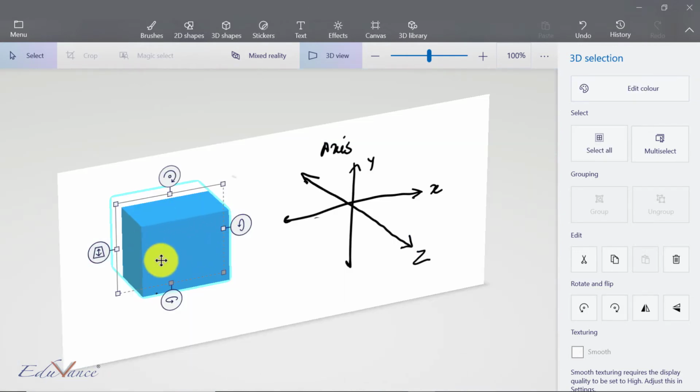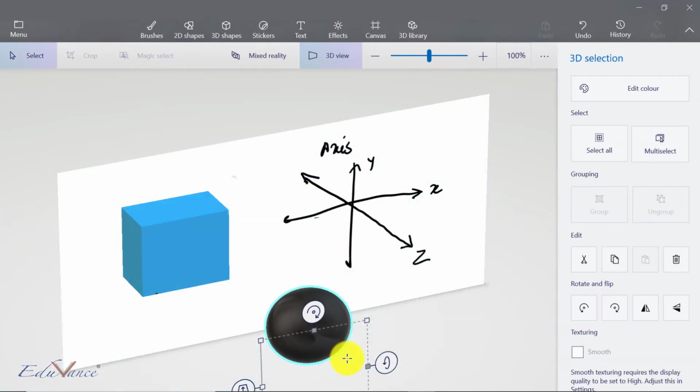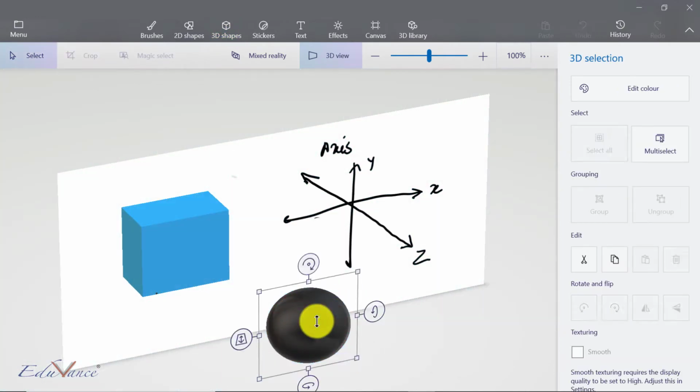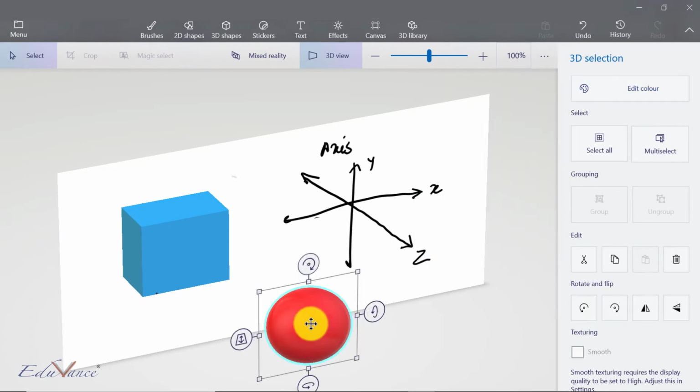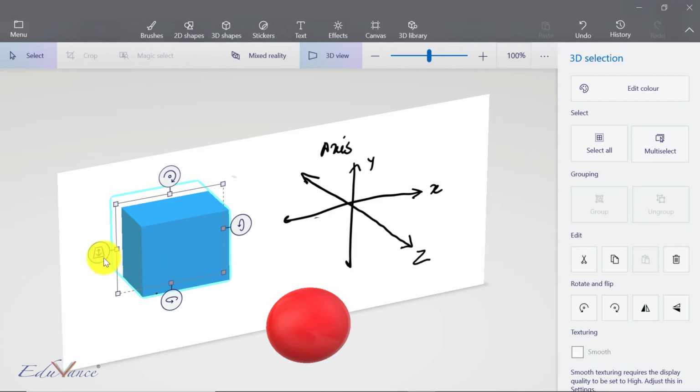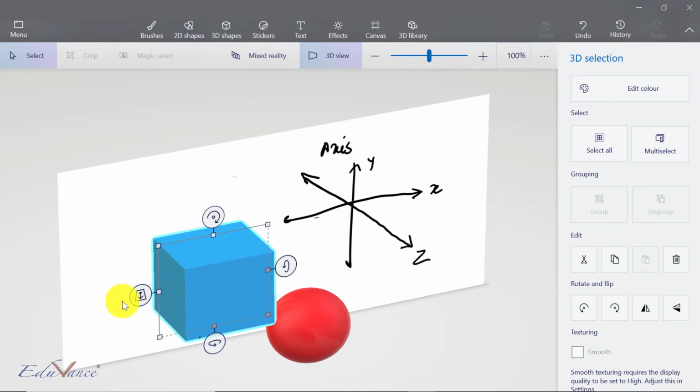Now, to explain this 3D space a little more effectively, let's take another 3D shape. Let's take a sphere. Now, I draw a sphere here. Now, I'm going to change this color. Let's make it red. Now, what if I want to place this sphere on top of my rectangle? So first I'll take my rectangle and move it a little bit in the front